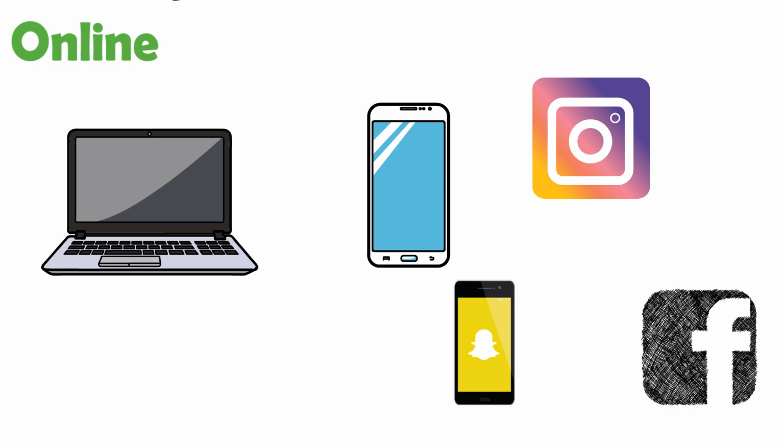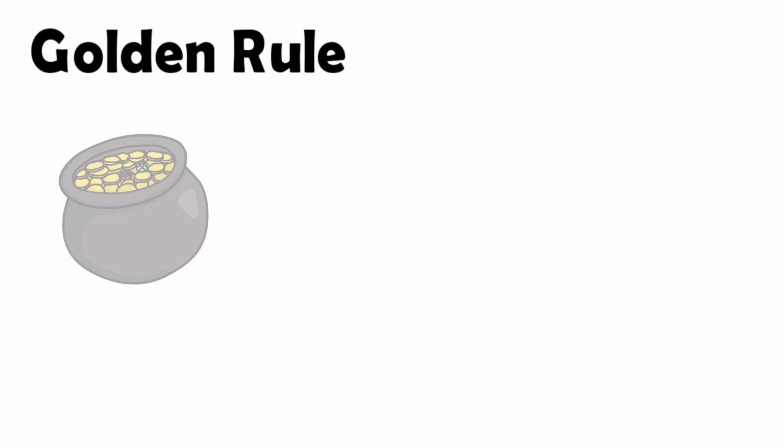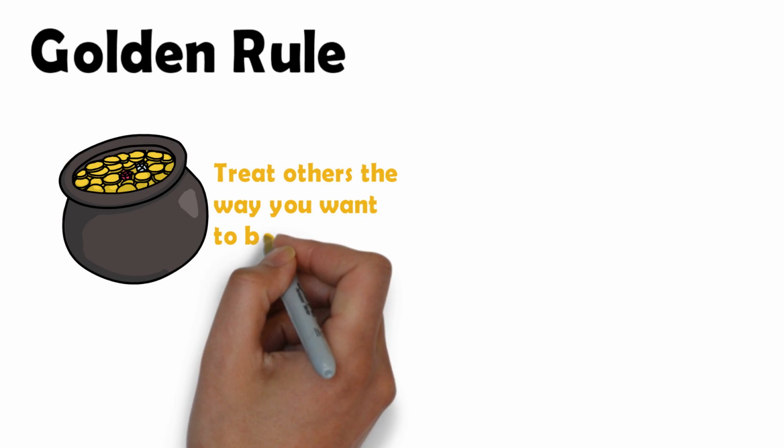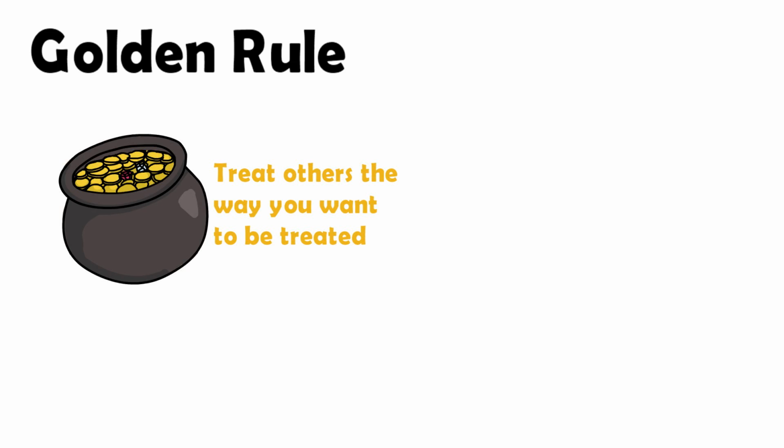Showing good digital citizenship is important for many reasons. The main reason being, if we want others to treat us well and with respect digitally, it's important that we do the same. It's also important to remember that the things we do online stay online and are easy to screenshot and capture. Most of us know the golden rule of respect, which is to treat others the way we want to be treated. We expect and hope that others will be good citizens and treat us well.